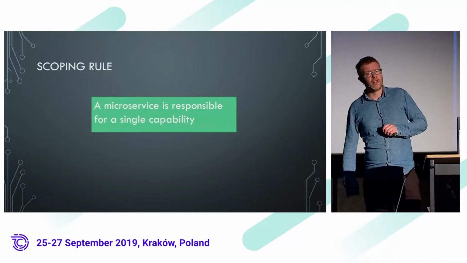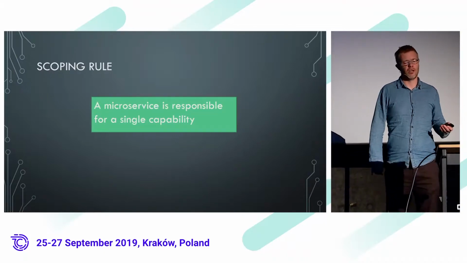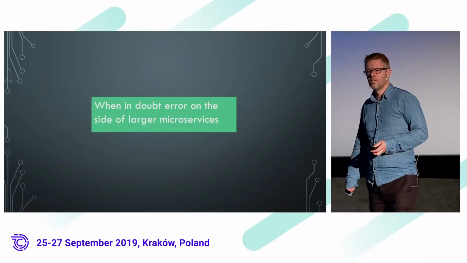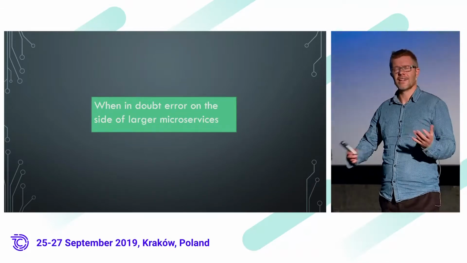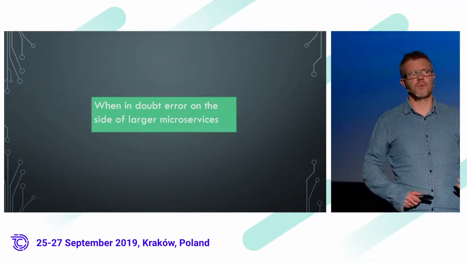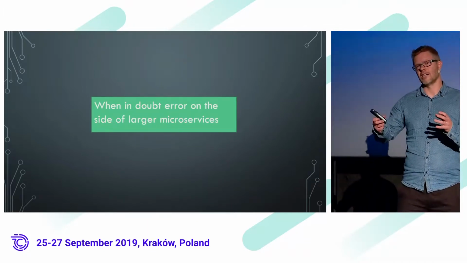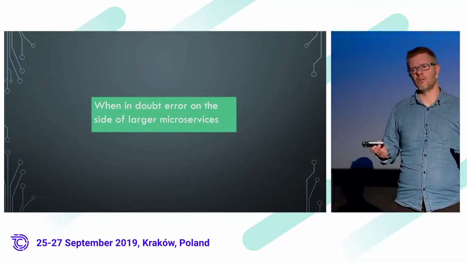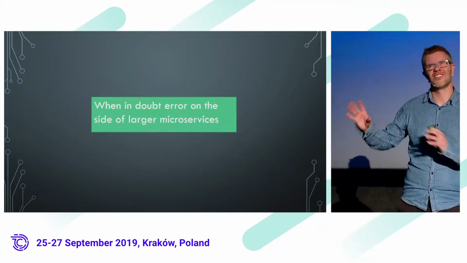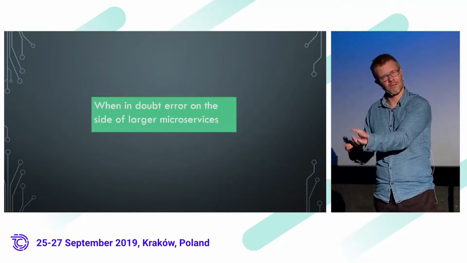Now, it's also an evolution, as I said, so we can't really get it right, all of it up front. So this is also a rule of thumb that I try to follow, that when in doubt, I'd actually rather have a slightly bigger microservice than a slightly smaller one. And it's because it's just more manageable to have one that's slightly bigger. And it might sound a little bit counterintuitive because it's a micro part of microservices, but don't take that part too seriously. It's really about getting them right. It's not about making them as small as possible.